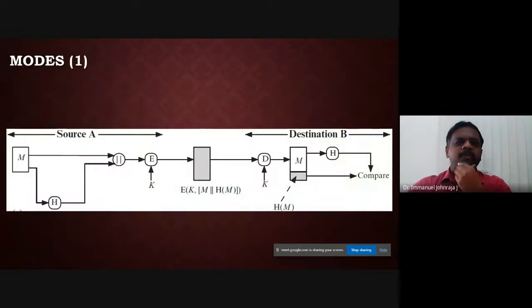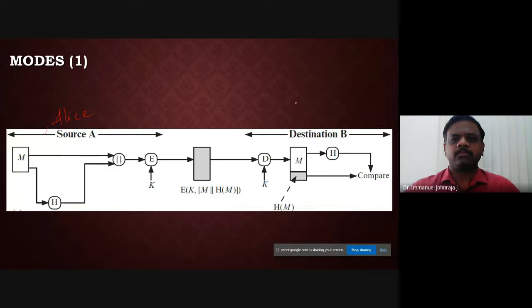There are different modes by which this can be achieved. This is one of the modes. Let's talk about them. These are all the basic things. We haven't gone into the details of how they work, but a generalized view of how these message digests are useful. First one, you have your original message from the source, maybe Alice here.